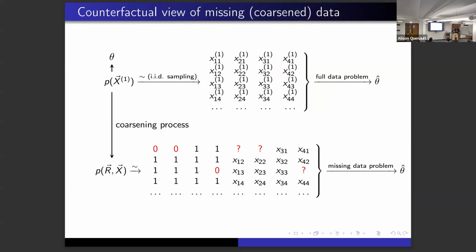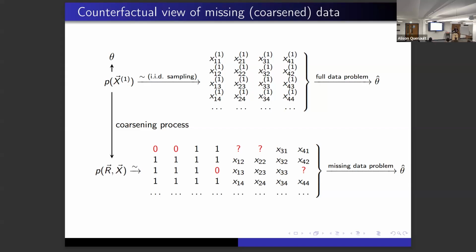Okay, and the point is that in missing data, we want to solve for the theta in the full data using this observed data frame. The reason I mentioned this is because there is a school of thought in machine learning, for example, where they say, oh, I have question marks in my data and I would like to predict some outcome. But my question marks occur systematically.